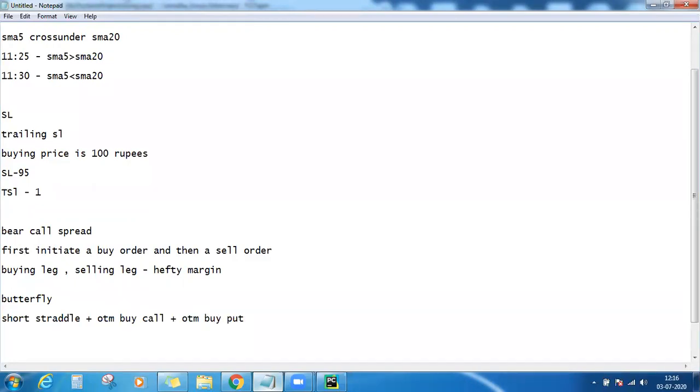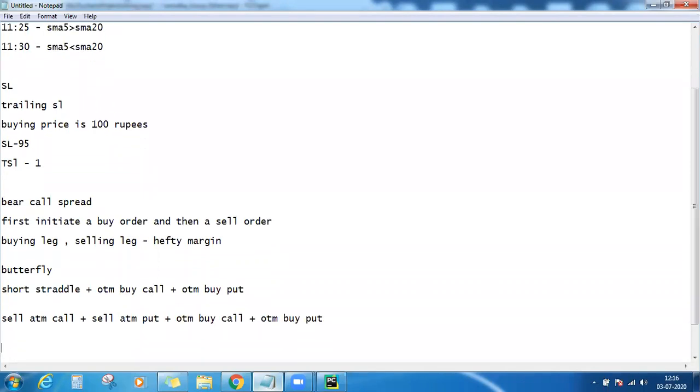So what is a short straddle? Sell ATM call plus sell at the money put, and then to these two, you will buy an out of the money call and an out of the money put.